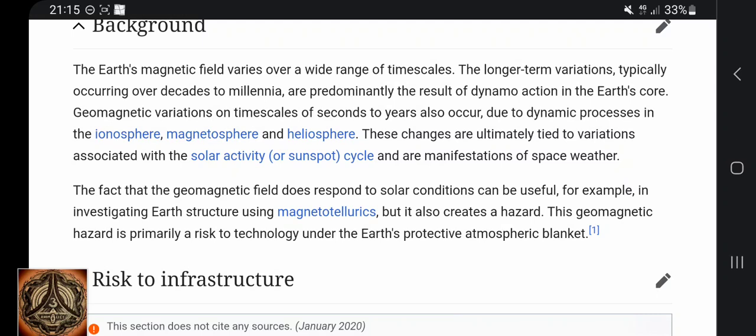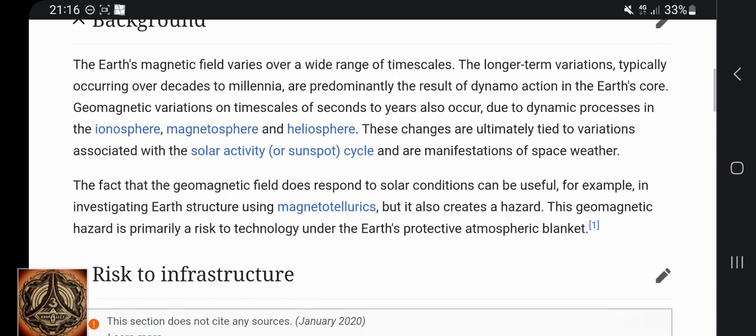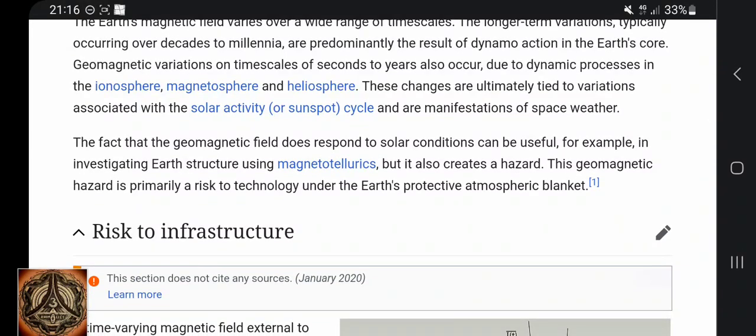Yes, the longer-term variations typically occurring over decades to millennia, 12,000 years for example, are predominantly the result of dynamo action in the Earth's core. Maybe not. Cowling dynamo. Geomagnetic variations and timescales of seconds to years also occur due to dynamic processes in the ionosphere, magnetosphere,